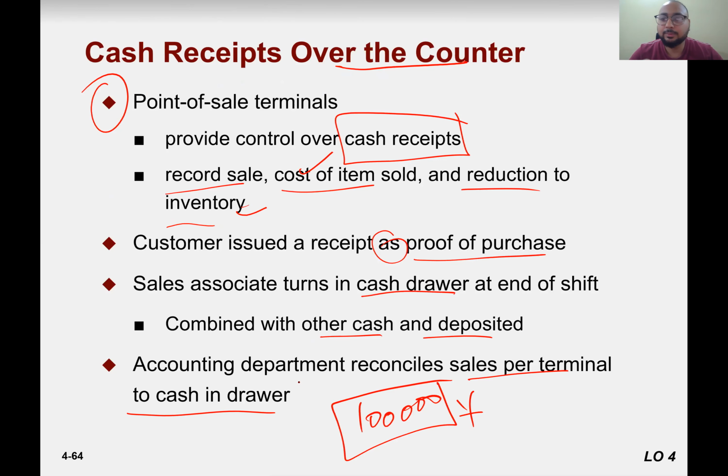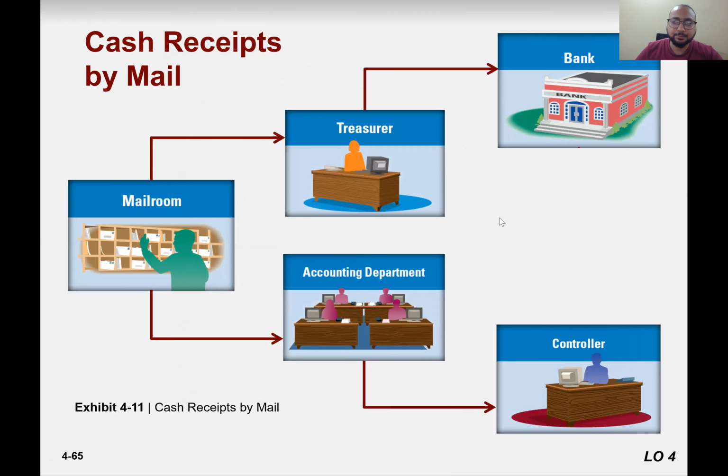with the sales, and they already tallied with the inventory and cost of goods sold. So this provides extra control. Now, things are a little bit harder when you have cash received by mail,